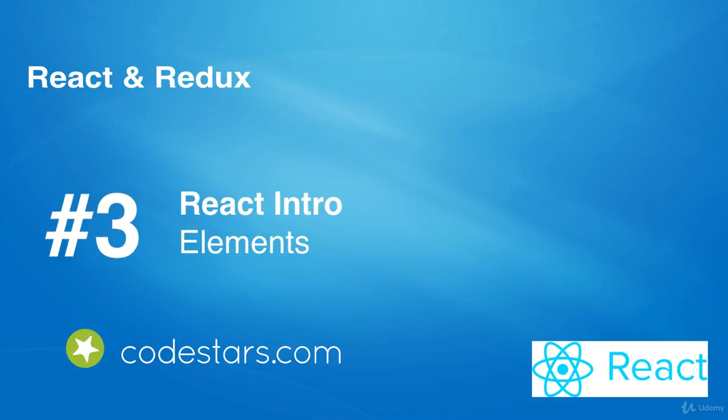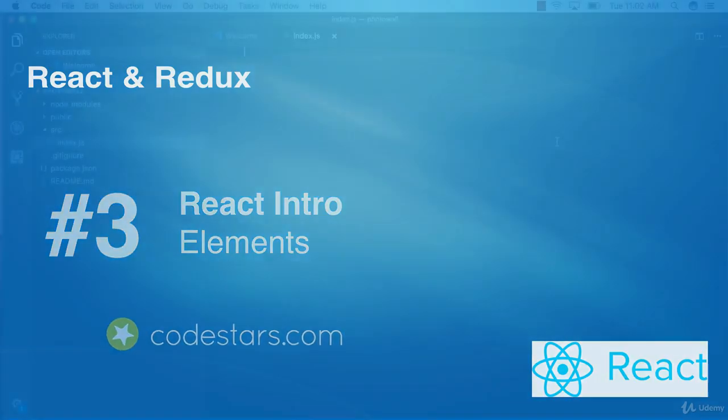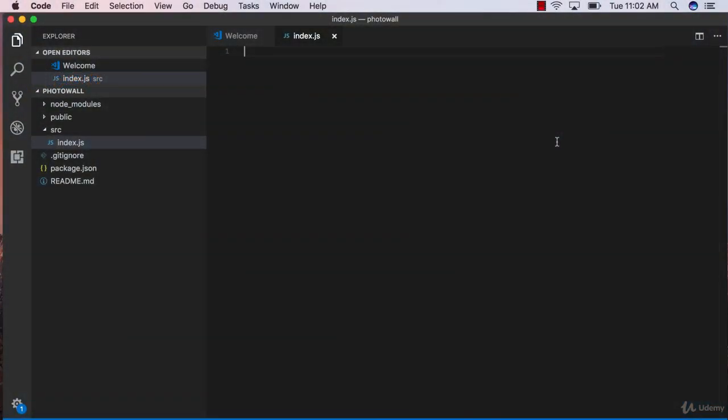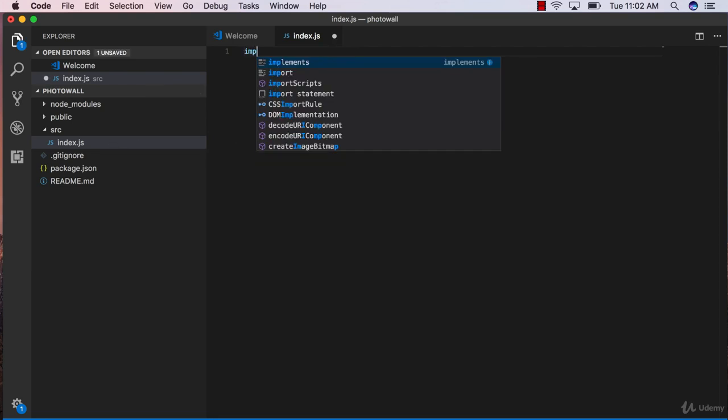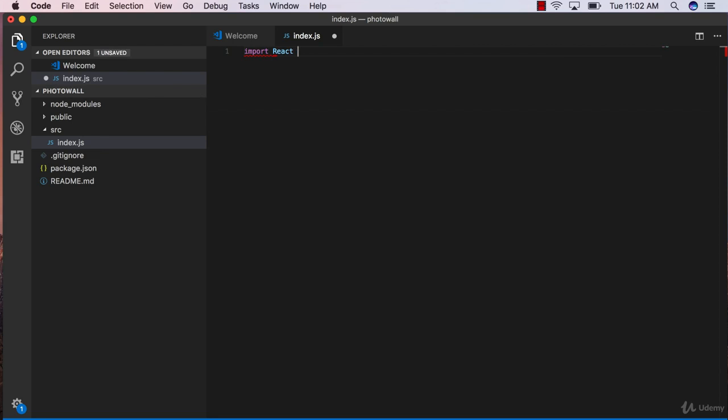Now that we set up our React application, it's time to start writing some React code. First and foremost, inside of your index.js file, we're going to import the React library. Import React from React. With this line of code, we're importing the React library such that we're given access to this library's methods through